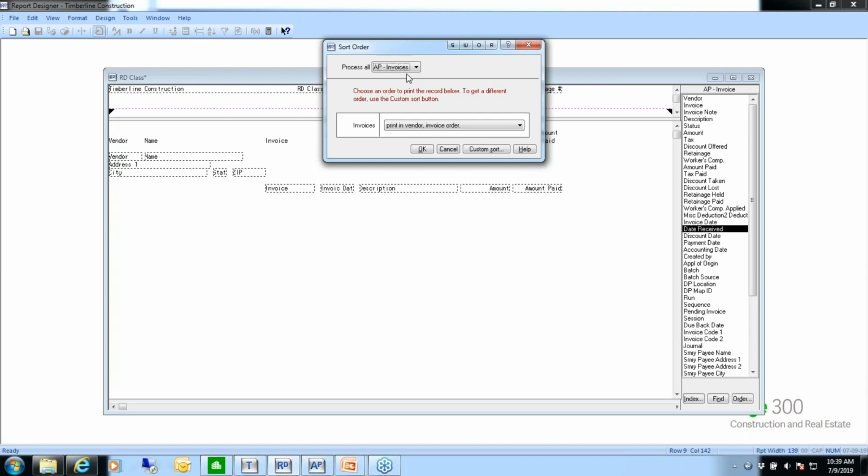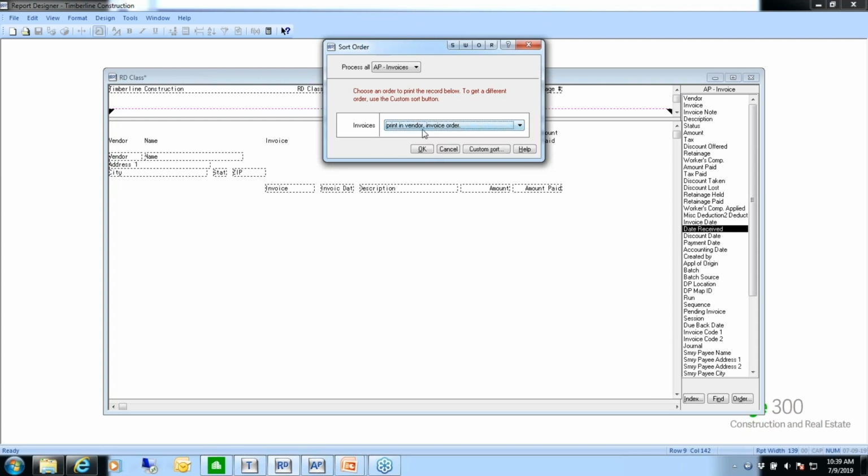So make sure that you double check these alternate keys. Because if your custom sort matches up to one of these alternate keys, use it instead, and then the report doesn't have to stop and think and rearrange the information to print on the report. So think about that when you think you need a custom sort other than the one that comes up as